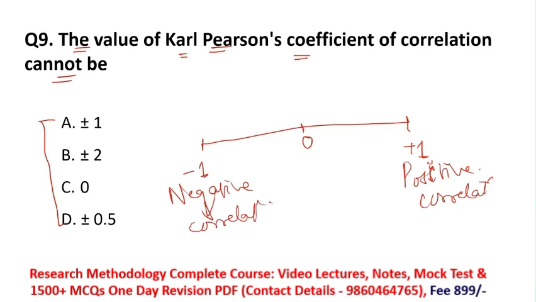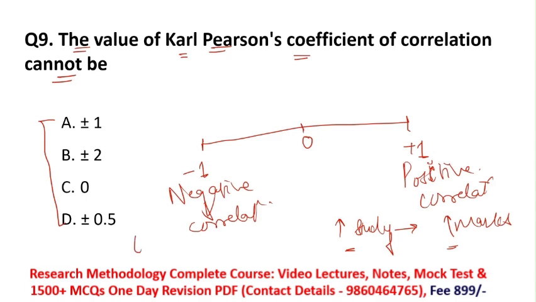Perfectly positive correlation means what? Both variables move in an upward direction. Like if I am studying daily for 4 hours, in a heavy amount, then what will happen? My marks will also increase. So both variables are moving in the same direction, and that's why it is known as positive correlation. If the variables move in the opposite direction, it will be known as negative correlation.